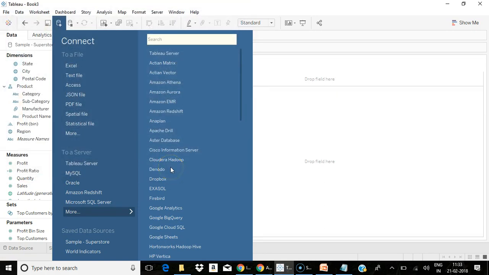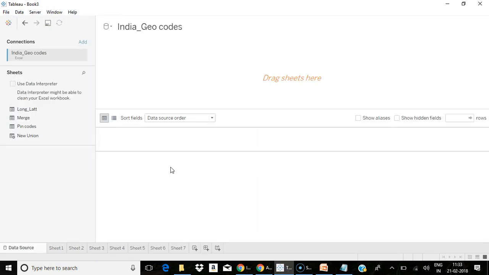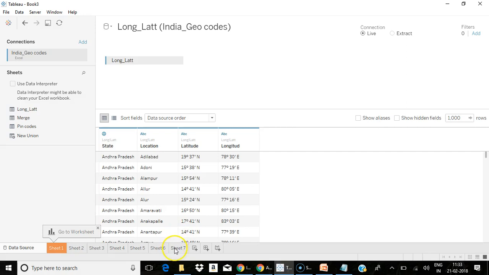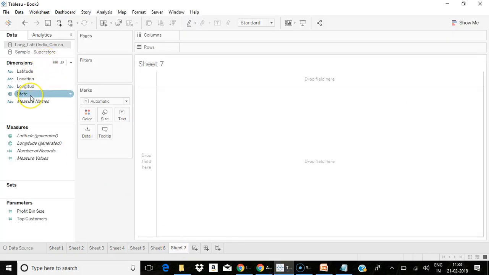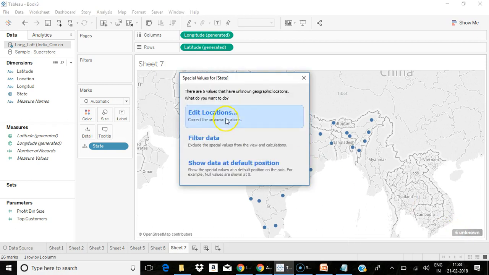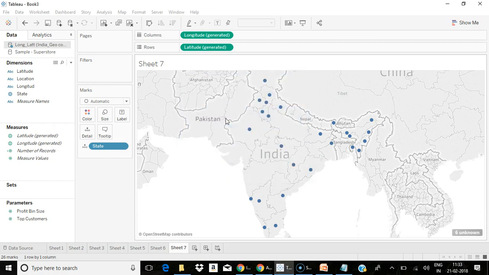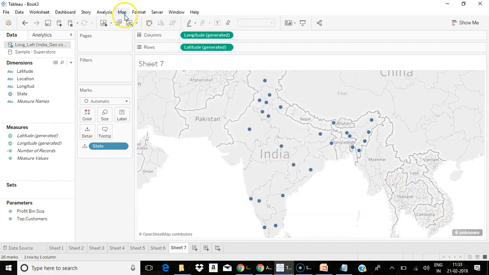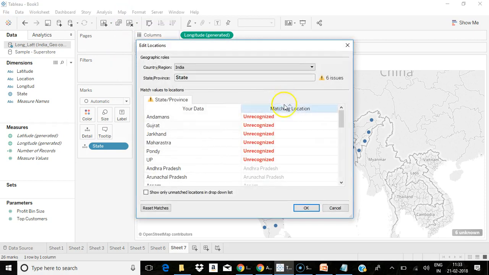When you are adding any new data source and it is not recognized by Tableau, for example, I've connected to an India map and I could see some fields are unknown. In that case, I can go here and edit the location. Either you click on the unknown fields and edit location, or go to Maps and edit location.